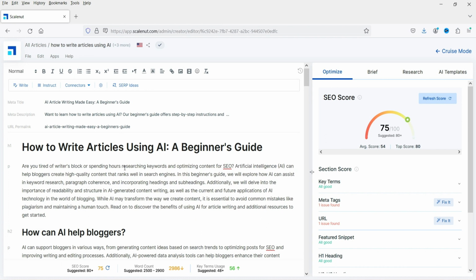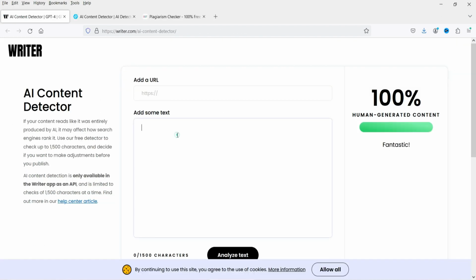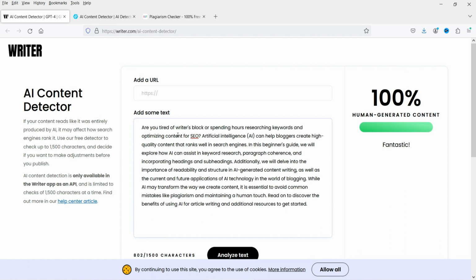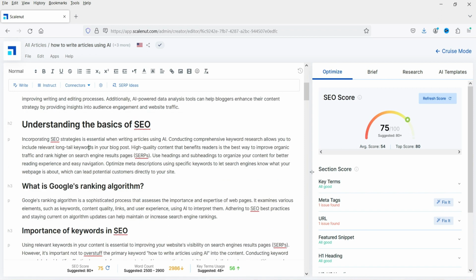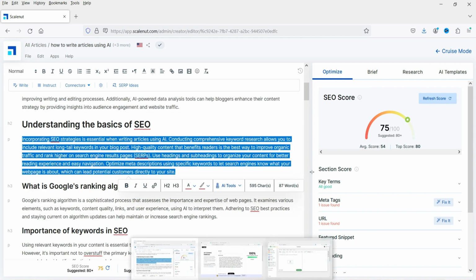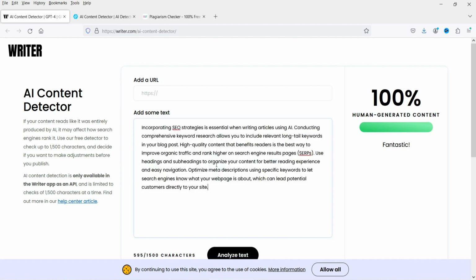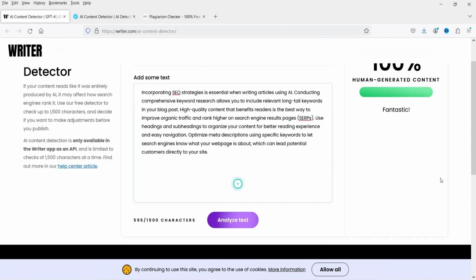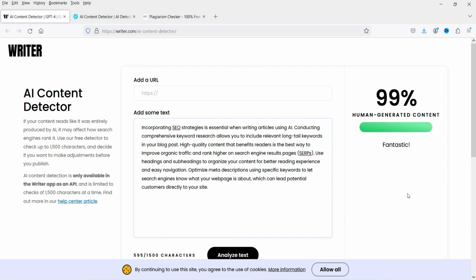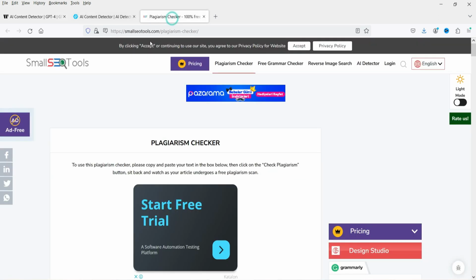going to paste it into one of the AI content detectors. So this is one of the AI content detectors and I'm going to analyze the text here. And this one shows 100% human generated content. Fantastic. Let's go to another article and let's go to the AI content detector, analyze the text. 99% human generated content. So this AI generated content looks good, so let's go to the plagiarism checker